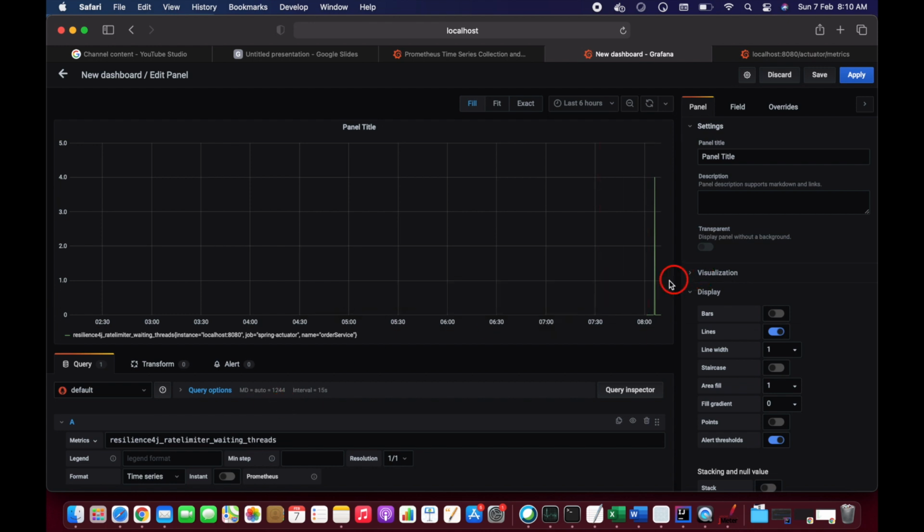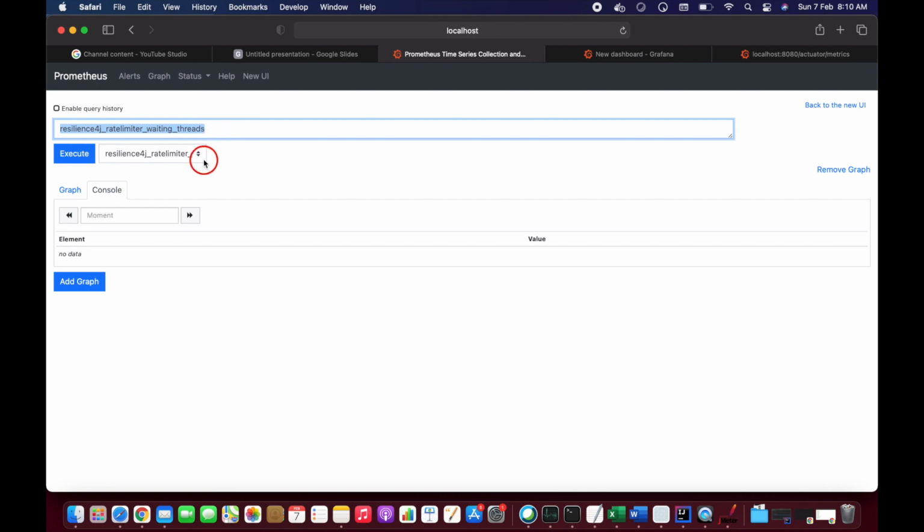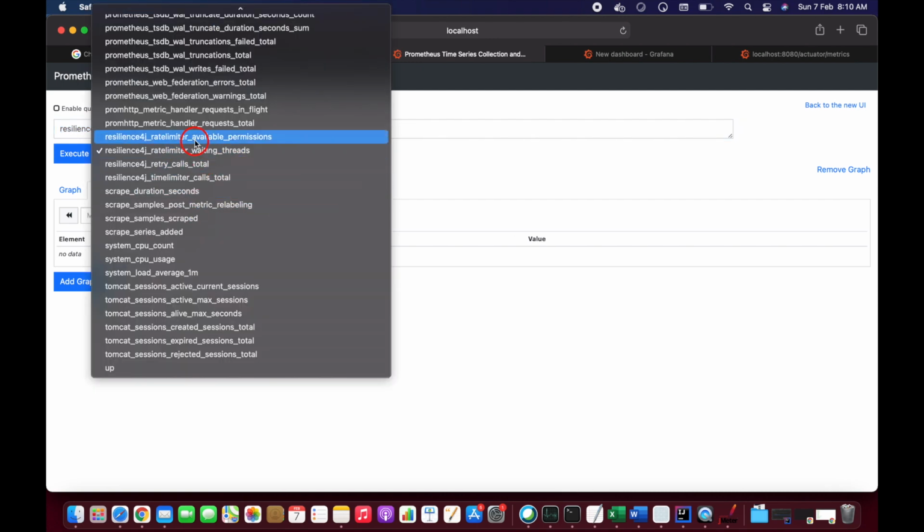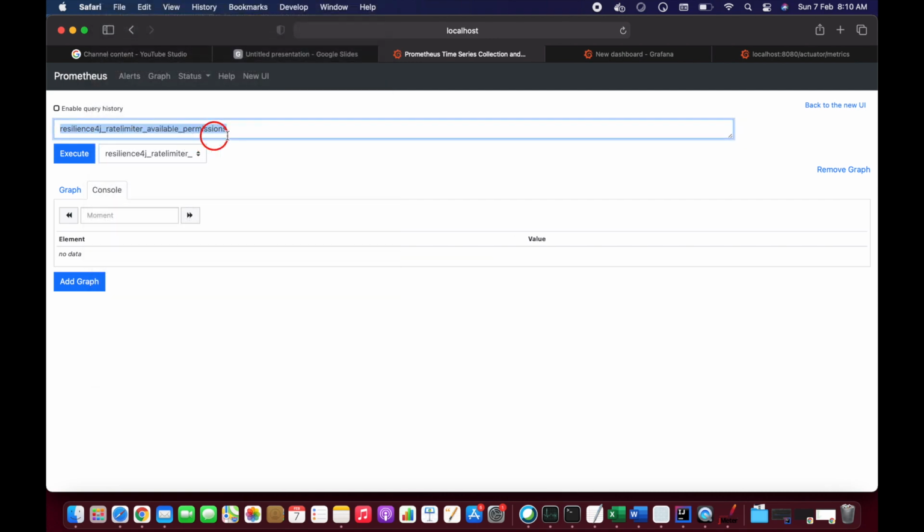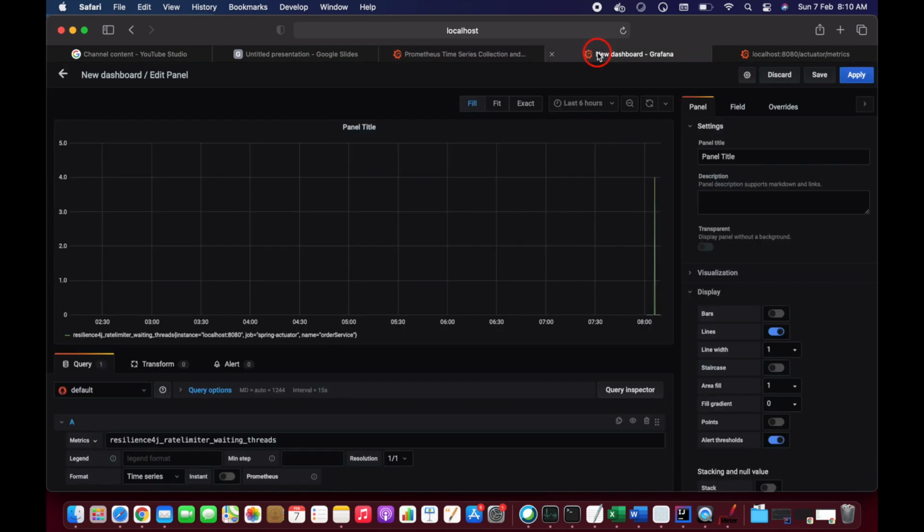Okay, so we'll see a nice graph here, showing how many waiting threads there are. And the same thing, come here and we will have resilience4j rate limiter available permissions. You can just copy this, paste here and see this. So this is how it will work, guys.